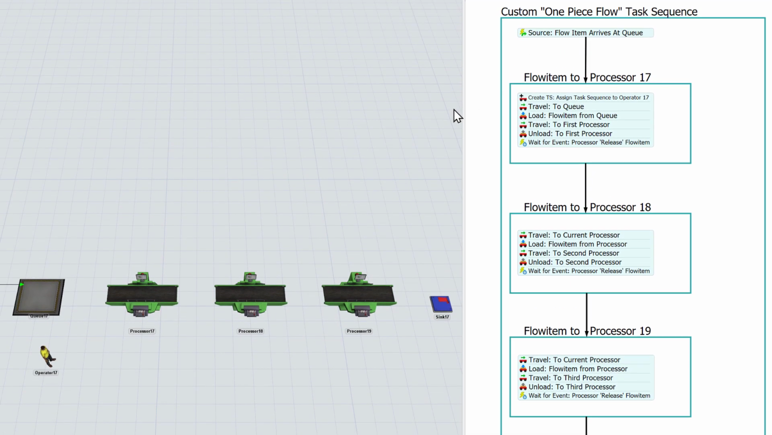Notice how there's no connections between the queue and the processor or between any of the objects after that. All the travel is handled with the process flow. Okay, so after the token has created the task sequence and dispatched it to the operator, the token waits until the operator accepts the task sequence, making it the active task sequence for the operator, and then it proceeds forward